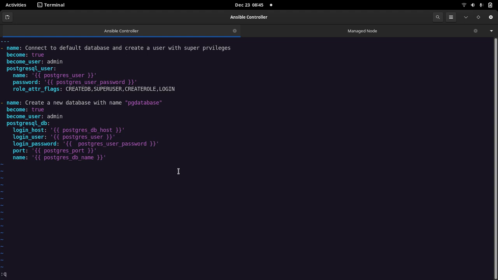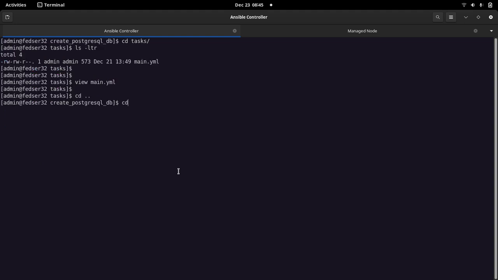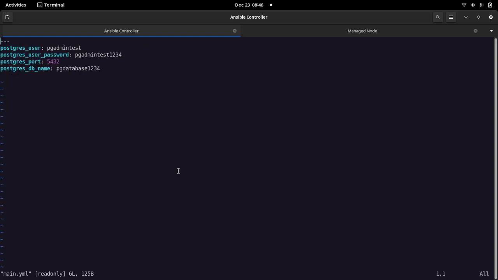Let me show you the vars folder. As you can see, I have defined the username, password, port and database name, which we are going to use in the create_postgres role.